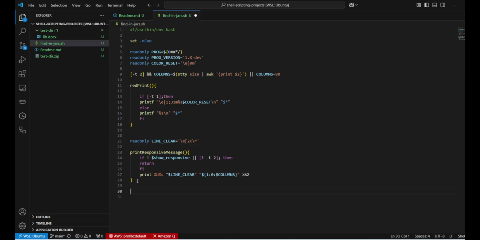Now similarly, I want to clear any temporary status messages which were previously printed, and I need to handle the line erase scenarios also. Even those things I will have to handle. So for that, I'll create a separate method, message clear responsive message,